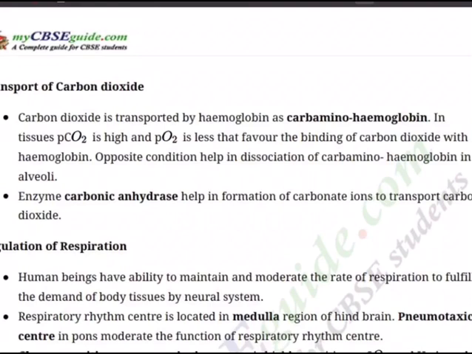Before that, tonight what I want you to do is just see the graph of the oxygen hemoglobin dissociation curve, and also find out what is Bohr's